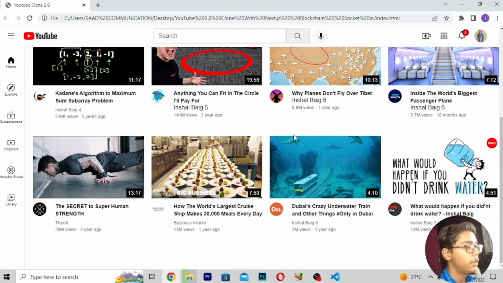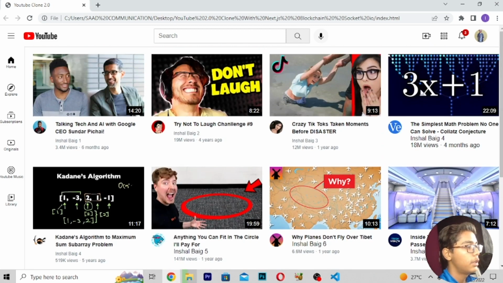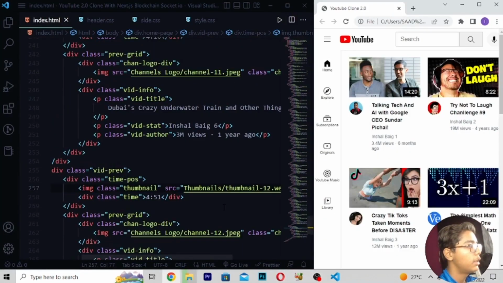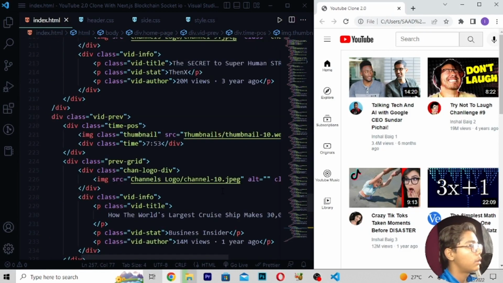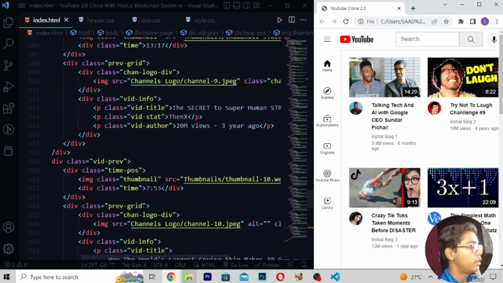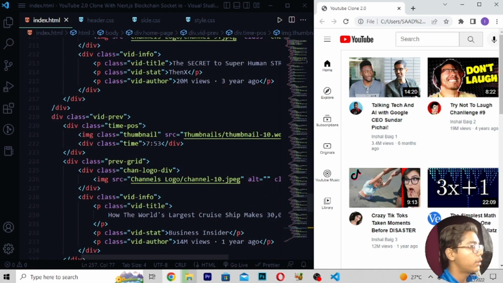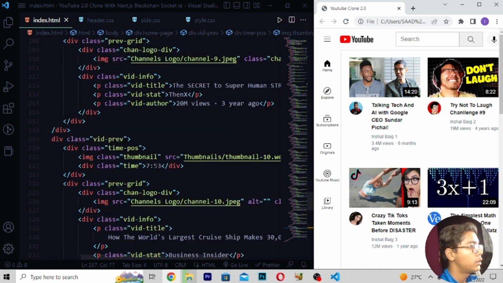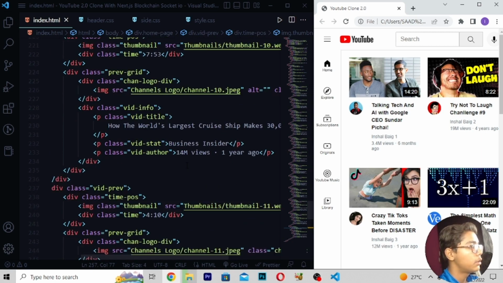Okay, so now when you're getting all this stuff here, in the fourth we are just getting something else, like in this and this. So for doing this, I will be moving to the top, and you can see we are getting all these things. Then you can see this is the stat written here, and we are just getting the video title, which is looking good. Then you have to just write stat here, and in stat we have just written all these things like this.